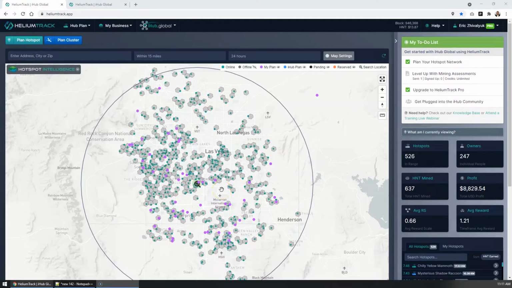In this video, we're going to go over a two-step process. The first step is planning a hotspot, and the second step is sending a virtual mining assessment to someone. If you've already planned your hotspot and you've got the hang of that, you can skip ahead to sending a virtual mining assessment. So the first step is to plan a hotspot, and again, the goal of planning hotspots is